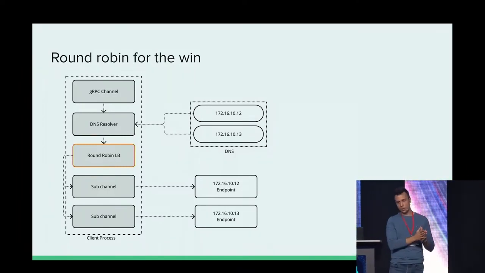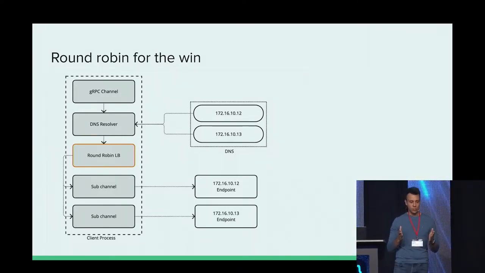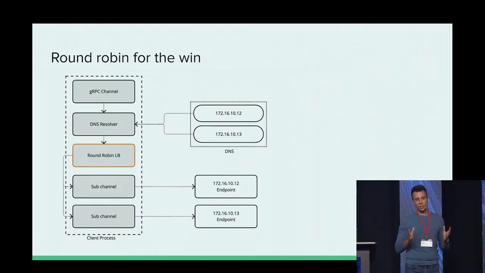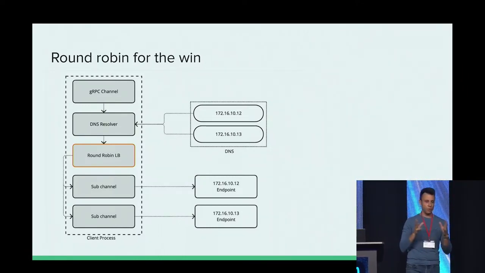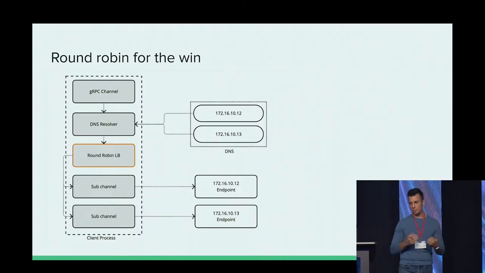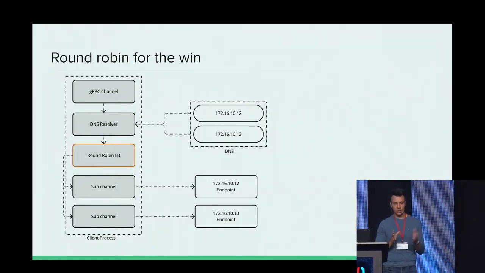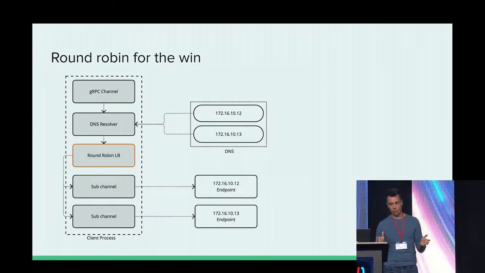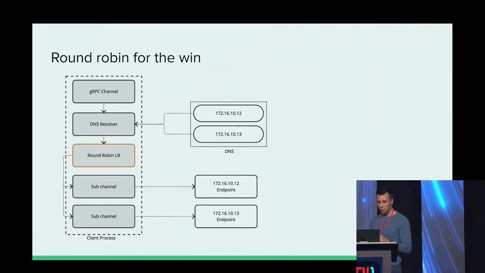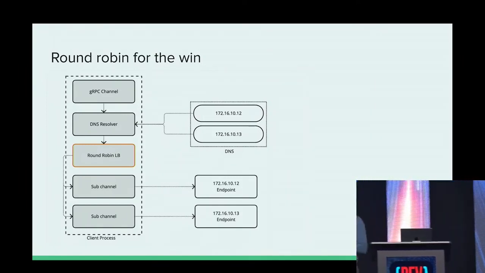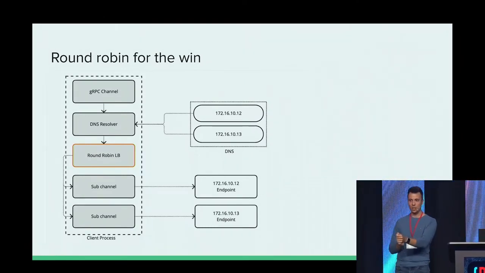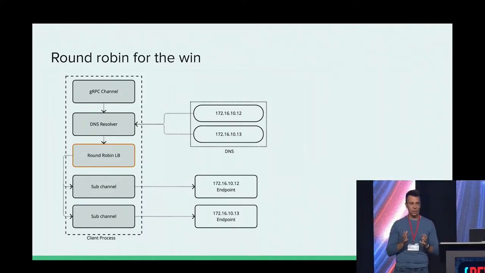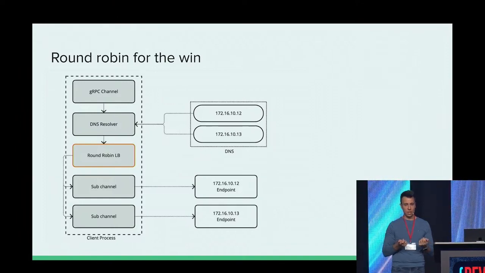And it's a client-side load balancer. So what does it do? Chances are, if you're running any significant load, the AWS load balancer will have more than one IP. And if you're running multi-AZ, again, you have more than one IP. What this will do is use all the IPs in the DNS record. But there is more. It will establish a subchannel for every IP, and it will monitor these channels. So it will not send requests to a channel that is connecting. It will wait for the channel to be ready, so that the little handshake with the settings is done before sending any request to it.